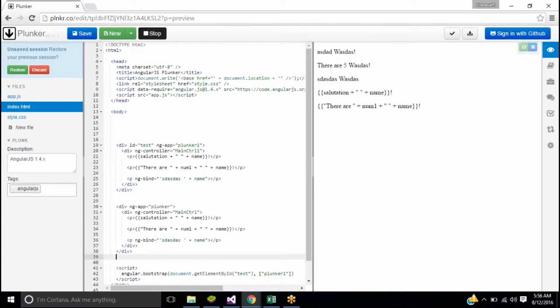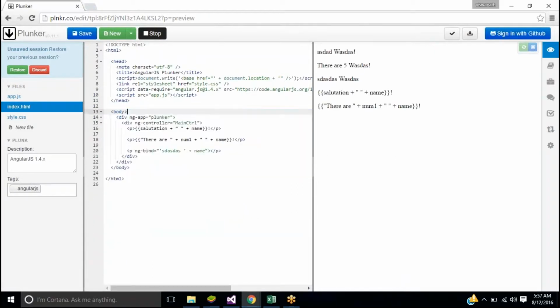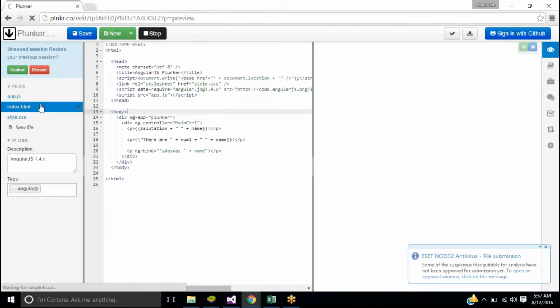So one caution about the ng-app directive that we need to know is that it's better not to use multiple ones. But if at all you come across this, you have to manually bootstrap it. This angular.bootstrap method will automatically happen in the process by default. It gets the element which has ng-app and then bootstraps that. The browser does it in AngularJS by default, right? So this is about ng-app.